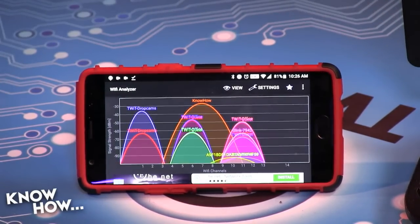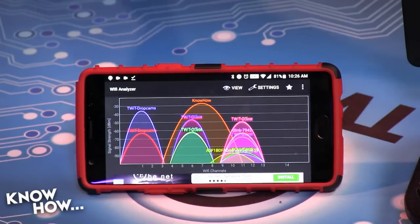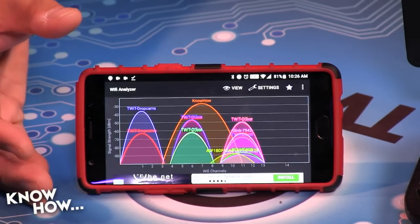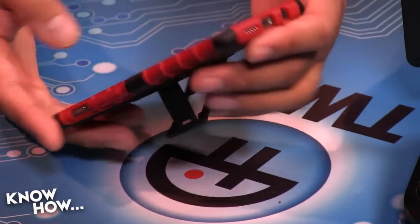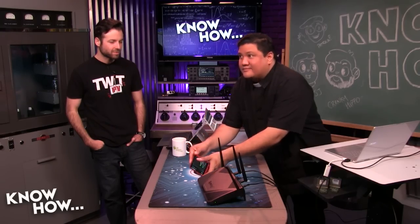So this is 2.4, and it gets really crowded. 2.4 is nice because it's a lower frequency. It penetrates pretty well. It goes through walls. Right. But I have all this congestion problem. Right. So you're like, well, our studio is congested, but if you're in an apartment building or something, most people use